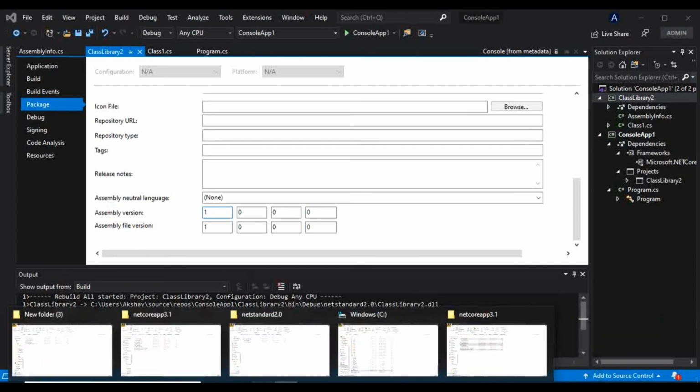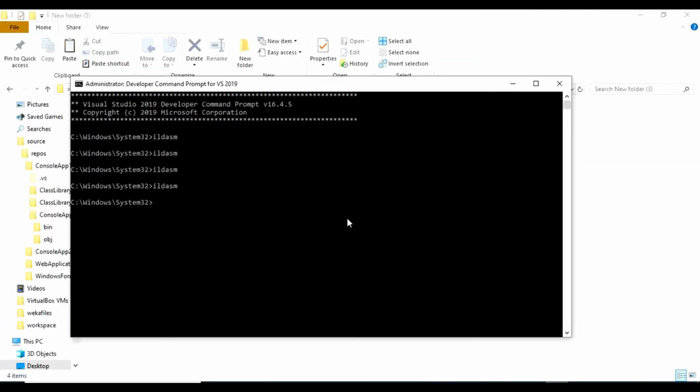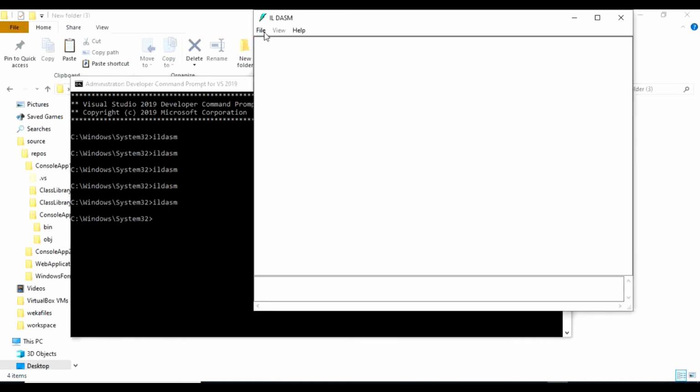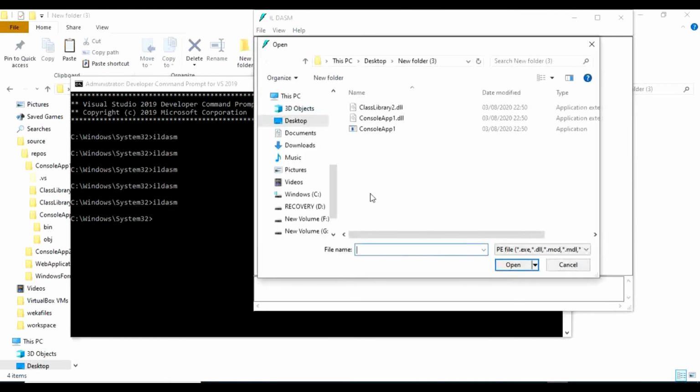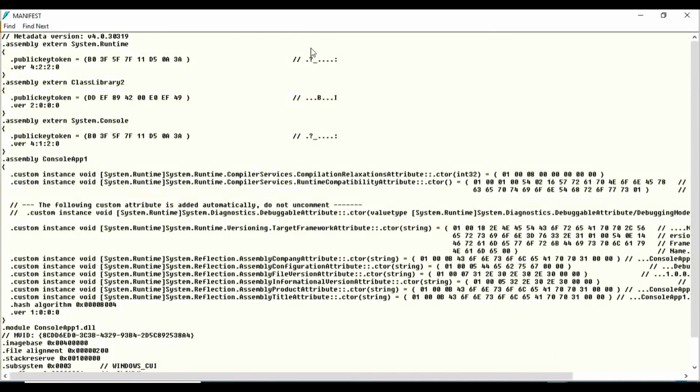Let me first show you which assembly this console app 1 project is dependent on. So we will see this manifest.